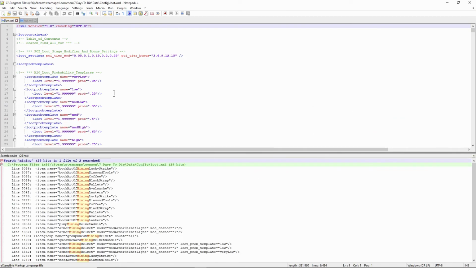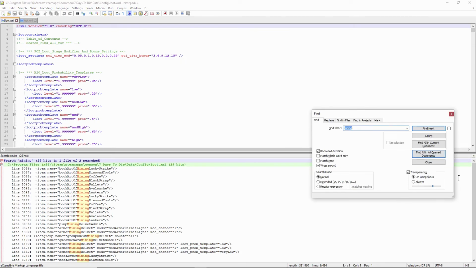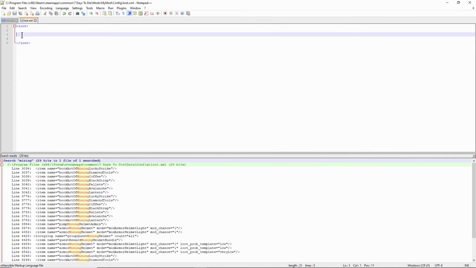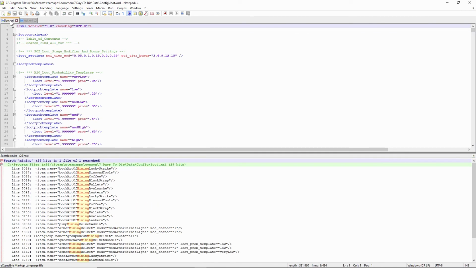And sorry, just to explain that, I'm going to hit Control F and then find "mining", and then say find all in all open documents. Actually, to narrow it down a little bit, I'm going to say find all in current document. If you start putting stuff in here, once you put in the word mining helmet and click on find all in all open documents, it'll find it in both and might get a little bit